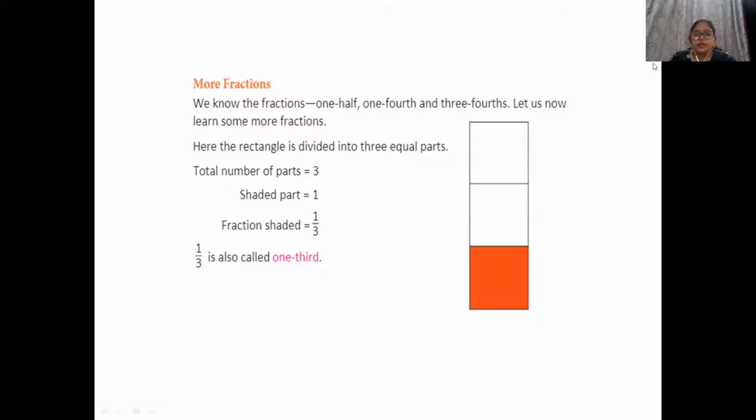Okay, so here is a rectangle which is divided. Now the rectangle is divided into how many parts? 1, 2 and 3. So the rectangle is divided into a total of 3 parts. How can we find out the fraction? We can say that one part is shaded and the other two parts are non-shaded. So the fraction will be 1 because we consider the shaded part. It will be 1 upon how many total parts are there? 1, 2, 3. So the fraction will be 1/3.